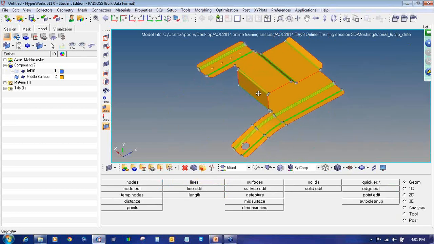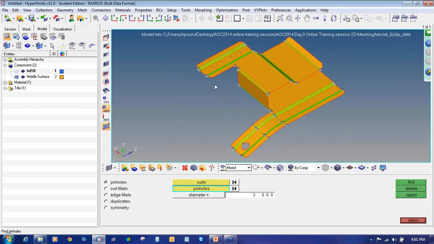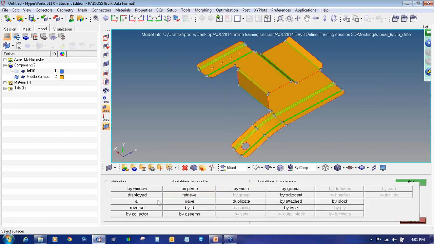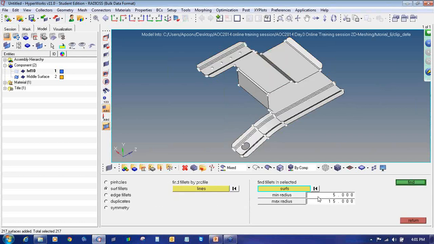Then we will remove the surface fillets. There are some small fillets. We will remove them, so we'll select the second option, surface fillets. Click on find fillet in selected surfaces displayed. Enter the minimum radius to be 2 and maximum radius to be 15.